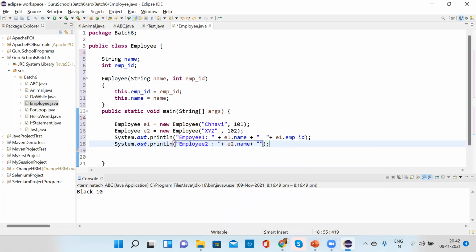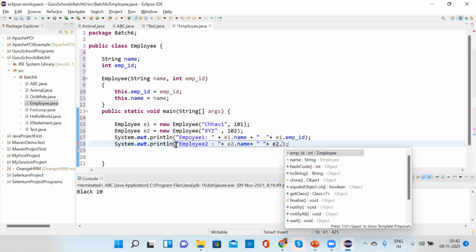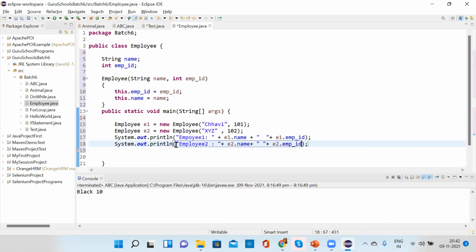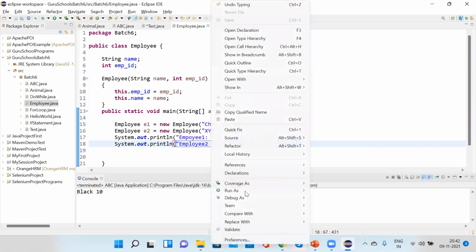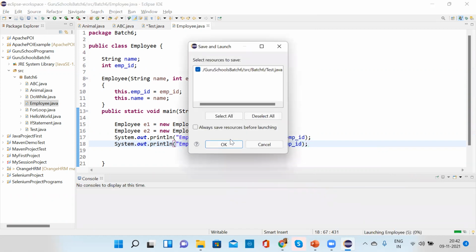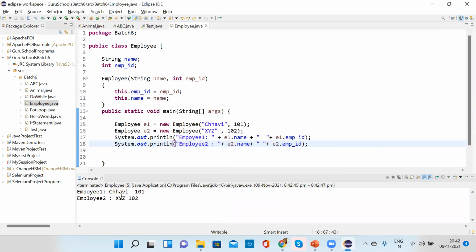Then E2 dot employee ID. Okay, clear? Now what will it print? It will print both the employees' name and employee ID.